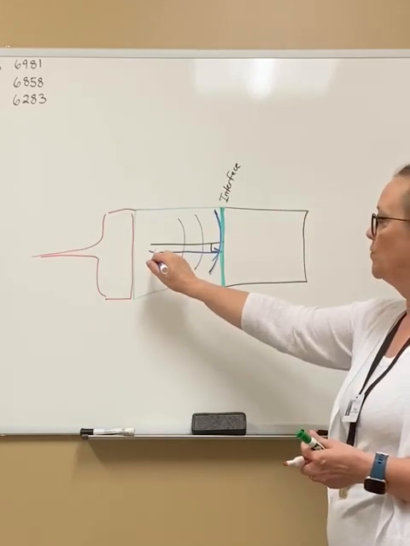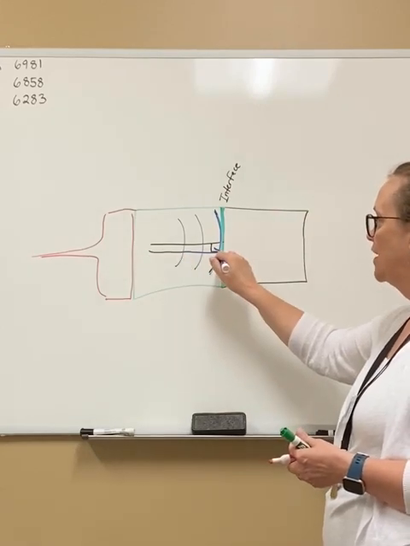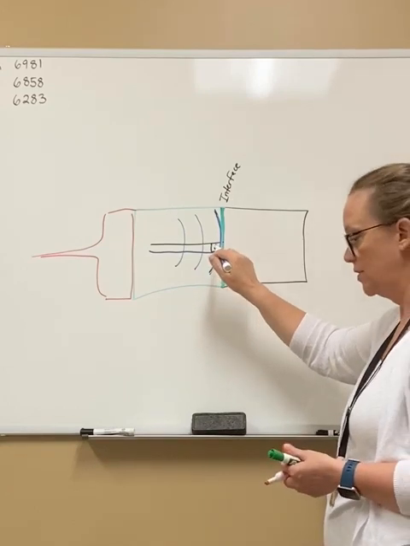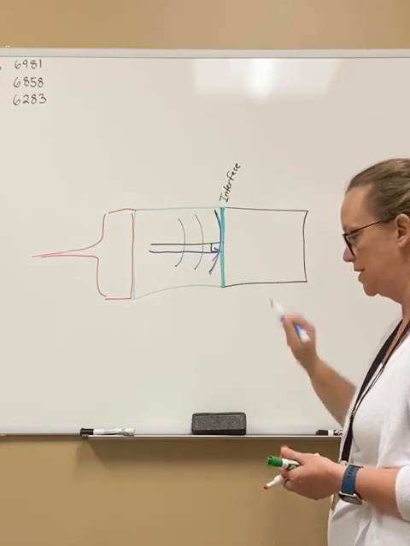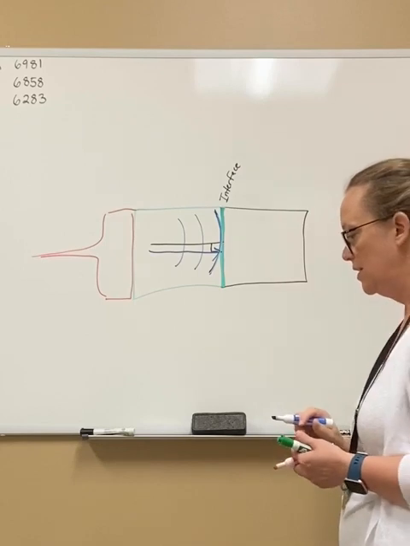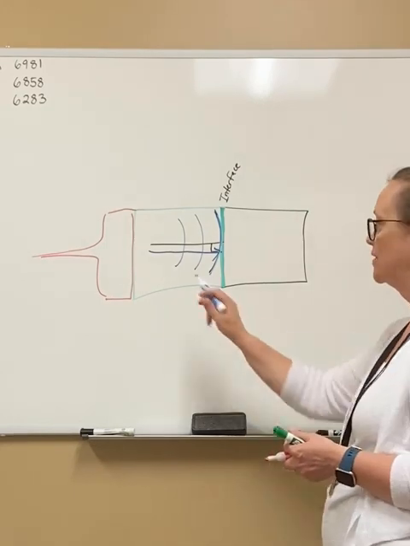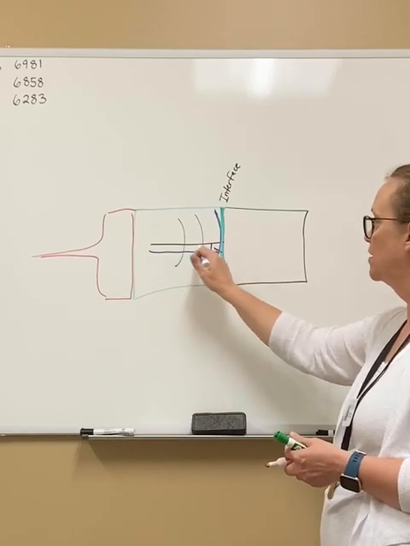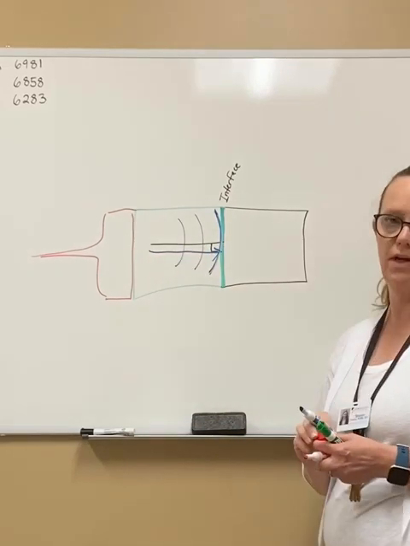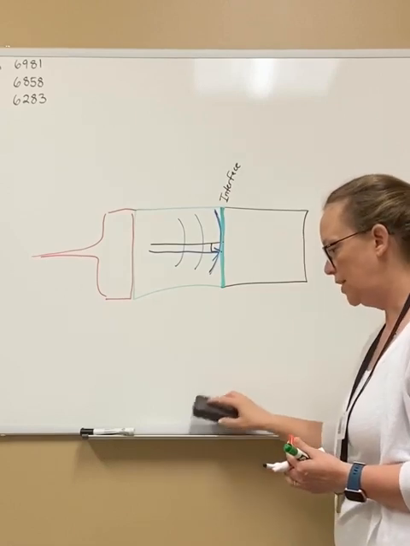So the direction that the wave is traveling in this depiction is going to be considered normal incidence. Normal incidence is when the incident angle is 0 degrees and the wave direction is parallel to the normal line. So the wave direction here is parallel to this line normal, okay? You could